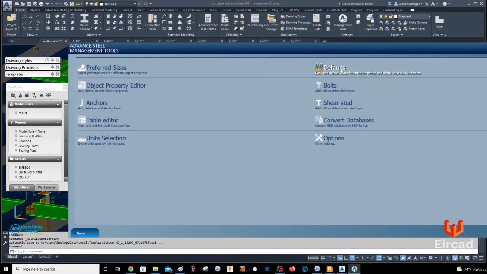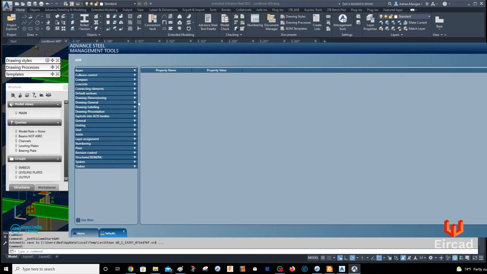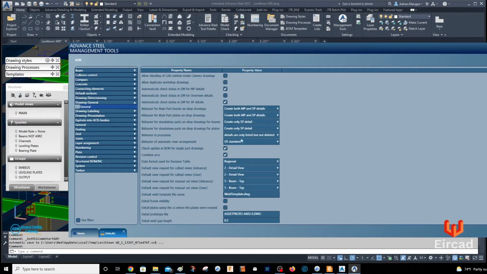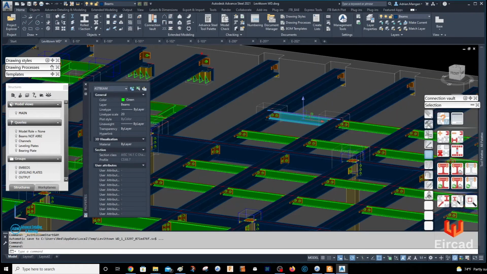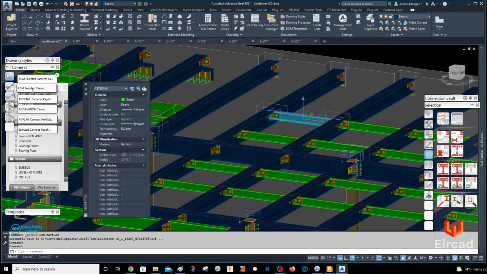So the problem is, if I go into the defaults, drawing general labeling, you can see here, standalone parts and shop drawings for beams, create only single part. I change the plates sometimes for the embed plates, but the problem is when I go back and pick a standalone beam, and if we go to put it on a drawing, so selected single parts,